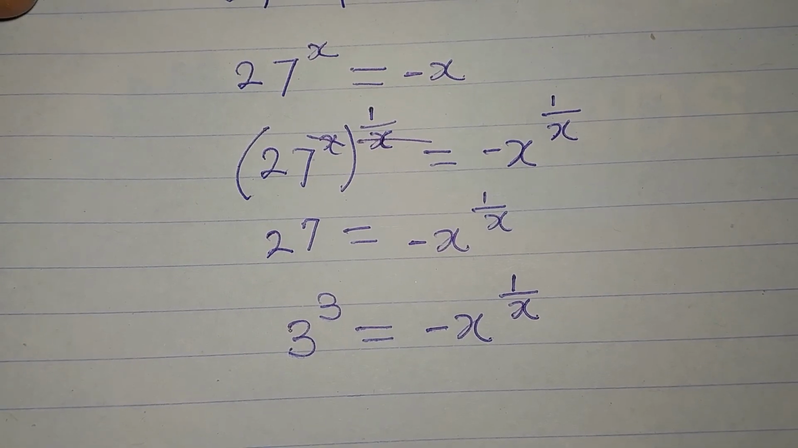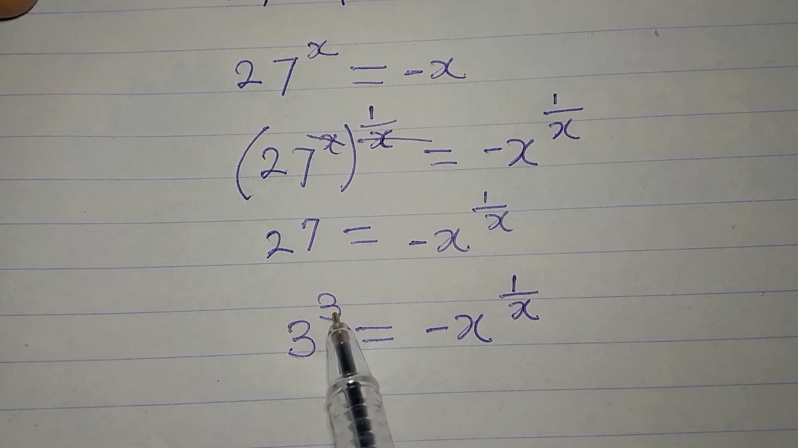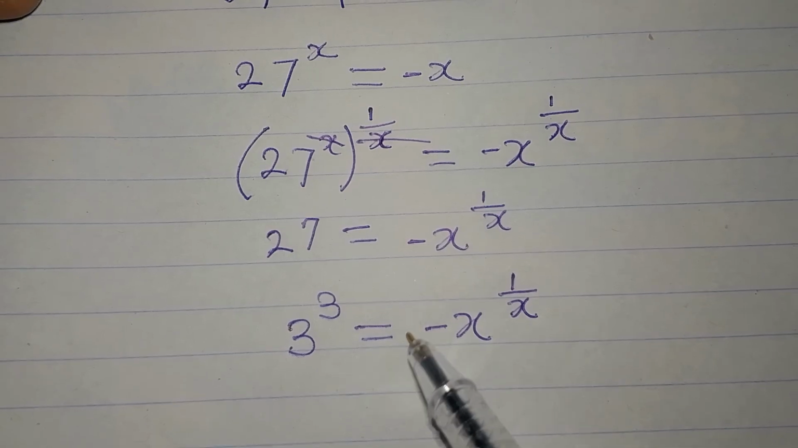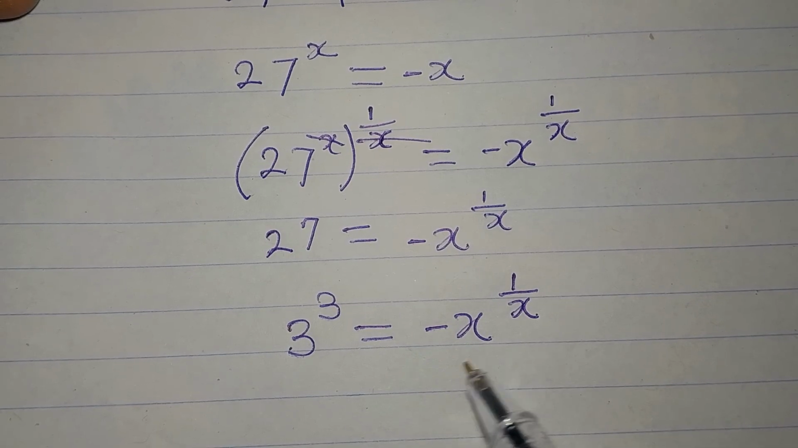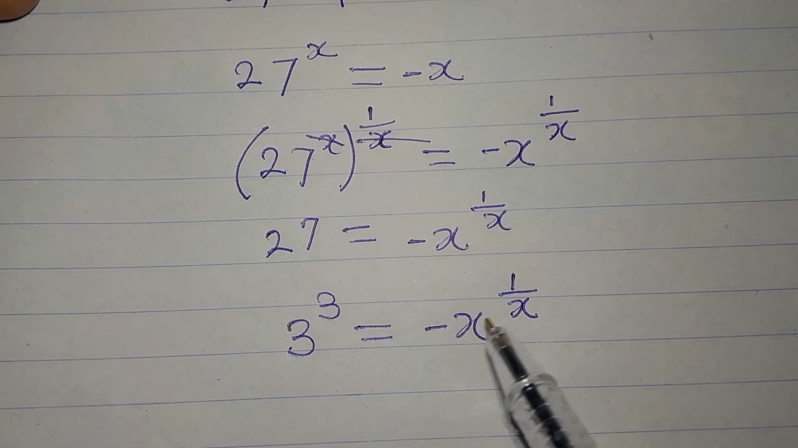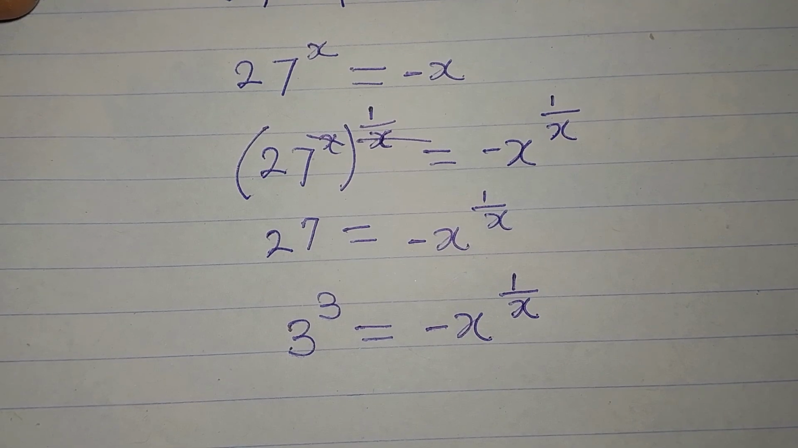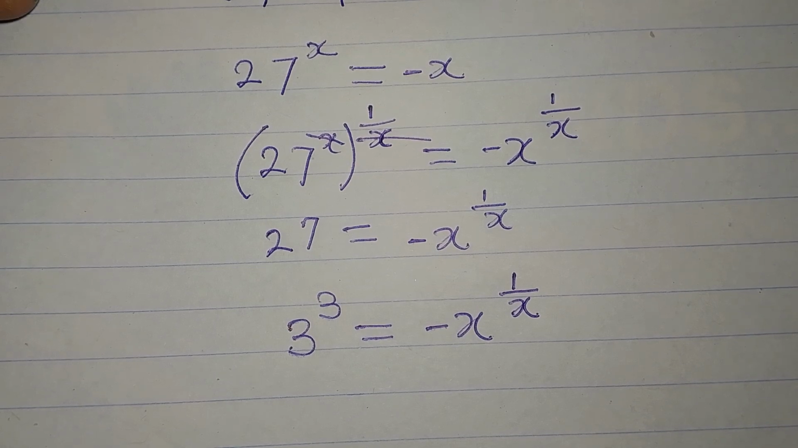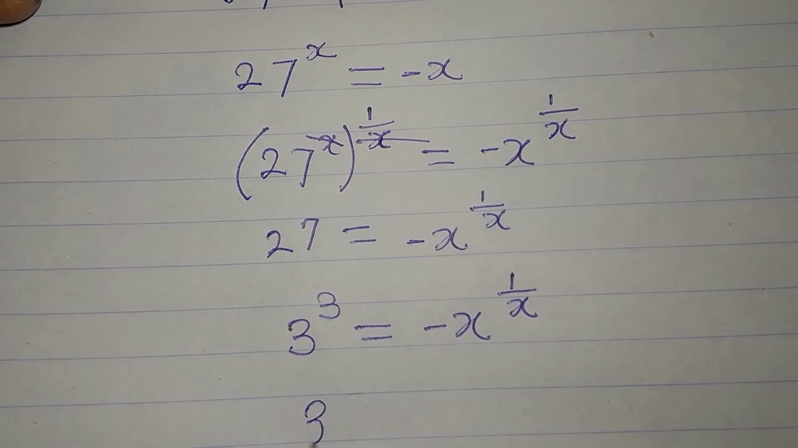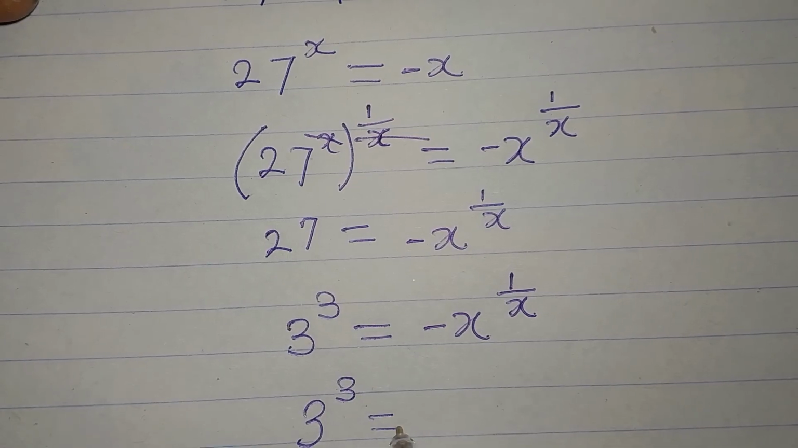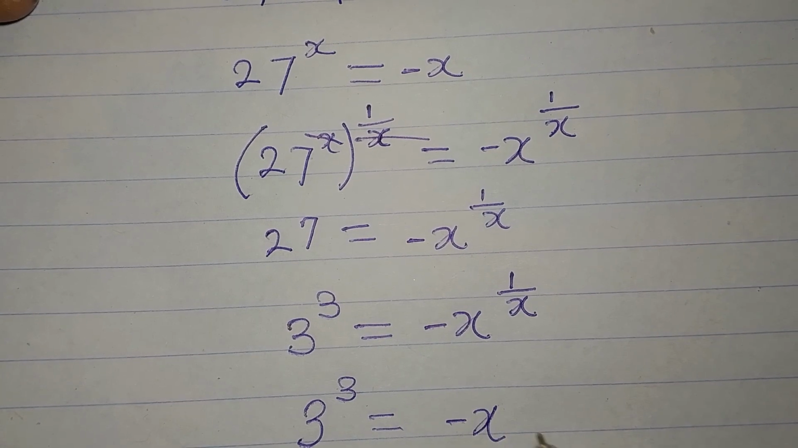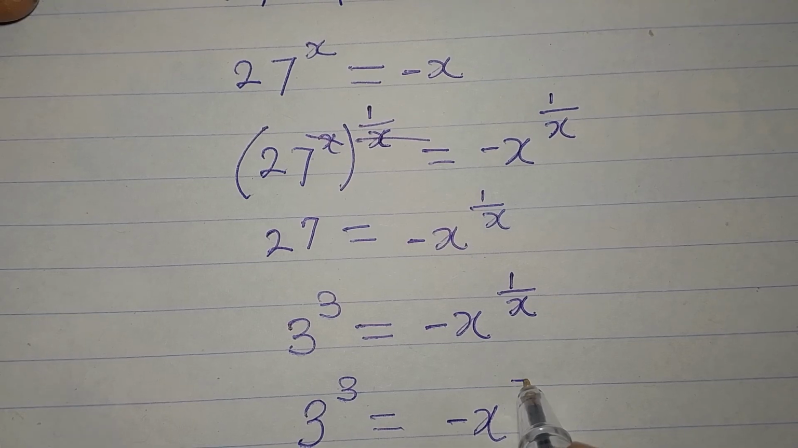Now, if you look at this very well, you'll be able to think: 3 to the power of 3, what do we do to make sure that the base here is equal to the power? That's what we are after. So how do we do that? Let's work on it this way. 3 to the power of 3 is equal to minus x, to the power of minus